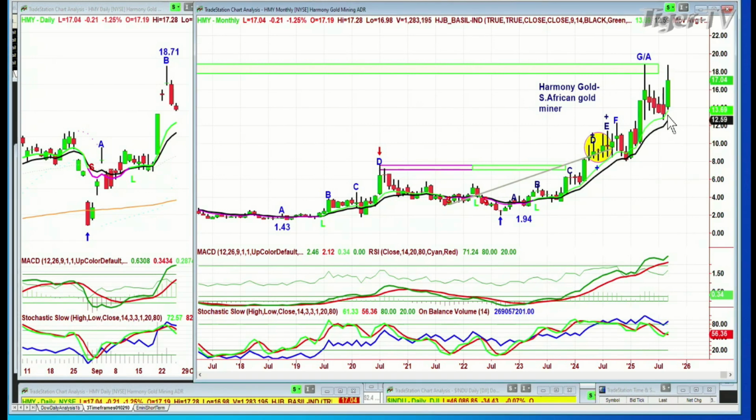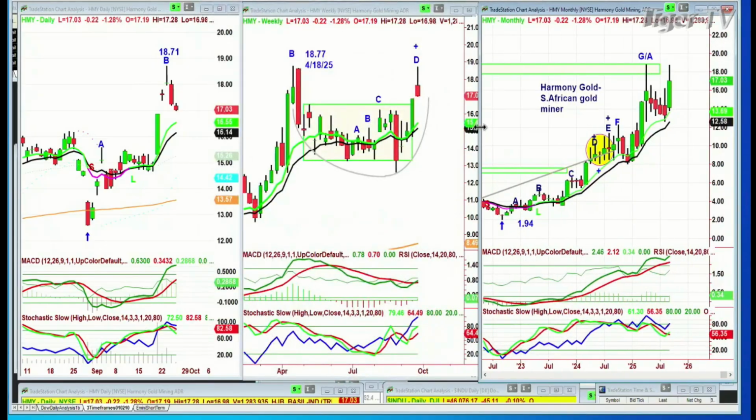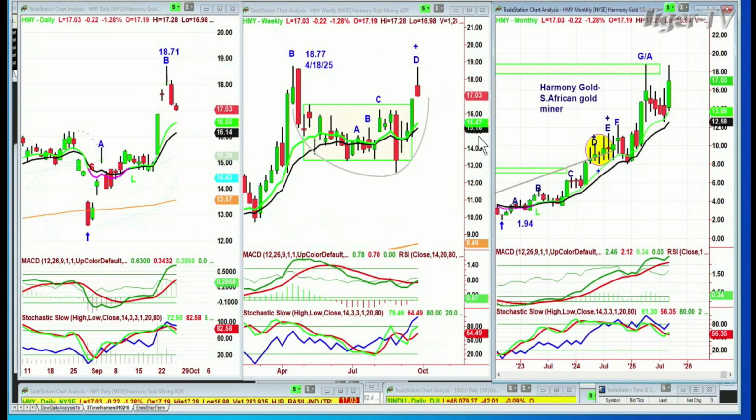The only way it fails is if this suddenly breaks and goes under 12. I don't know what's going to take it under 12. It certainly could happen. There are a lot of people talking about gold and silver making all-time highs, and that's it for the rest of the year. I don't see that right now because I see enough geopolitical reasons, regardless of the fact that it's being bought for many reasons. I see enough geopolitical reasons for me to say we don't want to get out of our gold or silver